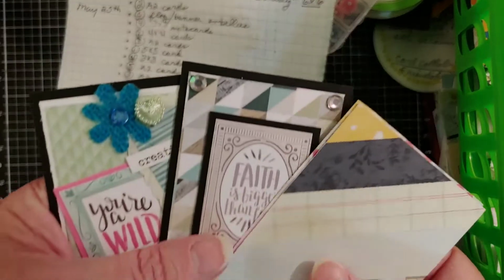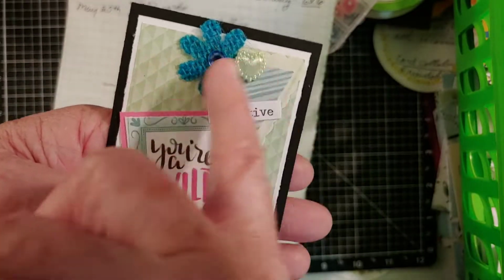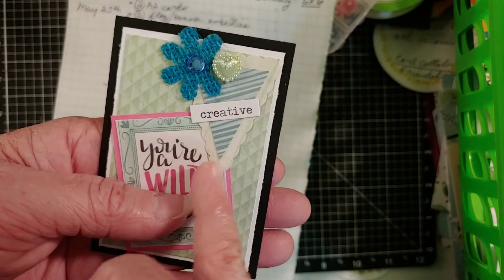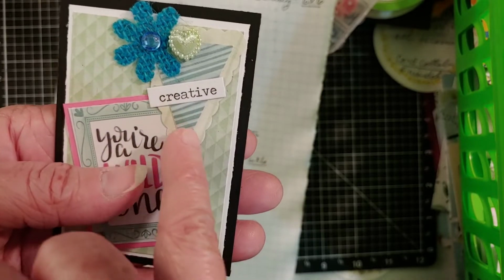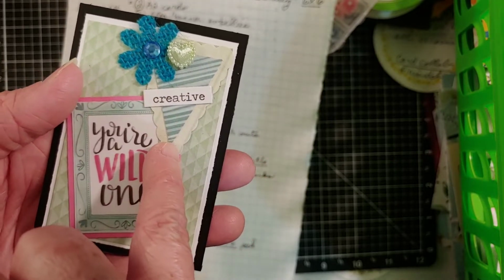But here are just a few of the ATCs that I made. This is a little flag embellishment that I had made previously for an embellishments collab, also hosted by Houck's Crafty Cottage. This embellishments collab goes up on the 11th each month, and I pulled one of those that I'd already made,